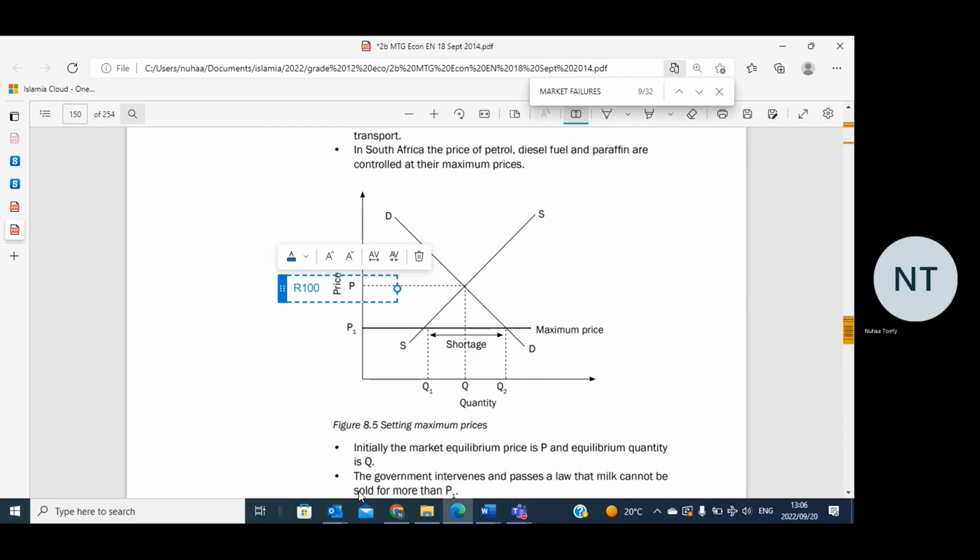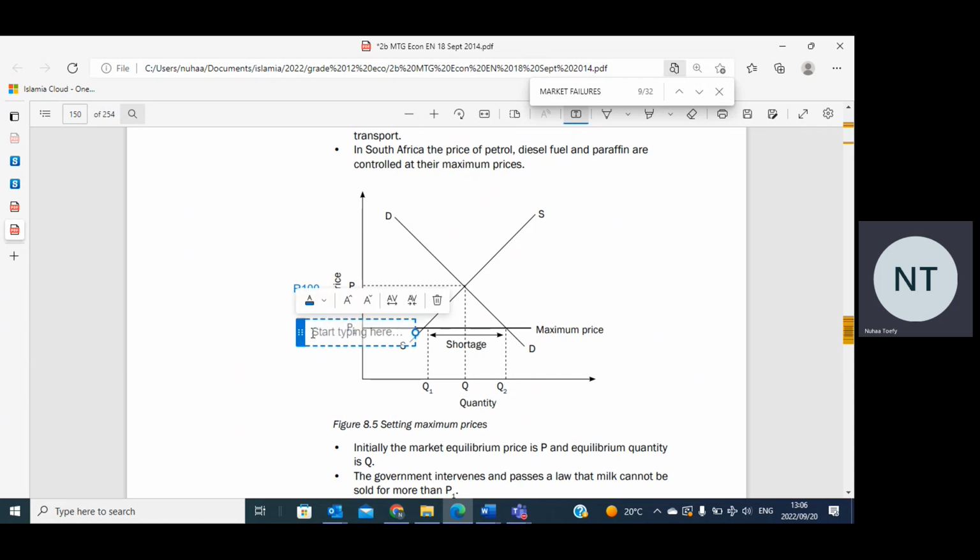So obviously the price would be a lot. But the government says, you know what? That's a bit too high. South Africans need electricity. It's a basic item. So what we're going to do is set a maximum price of, let's say, 30 rand per unit. Now, what does that result in? It actually results in businesses leaving the market.